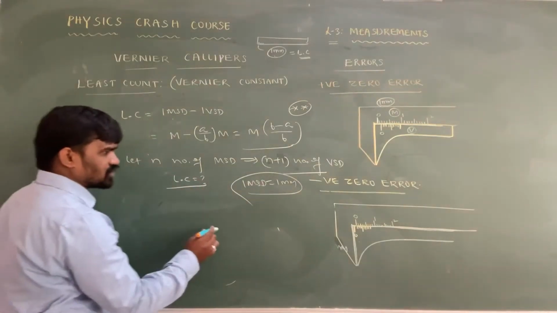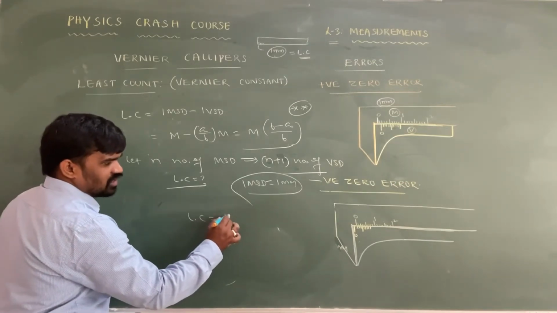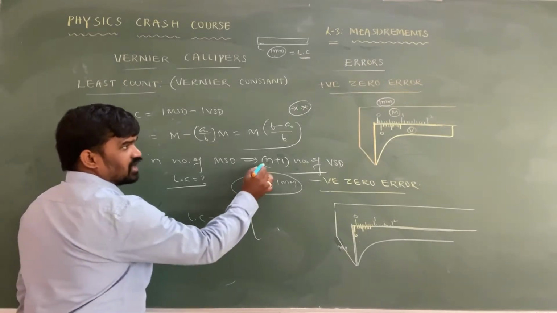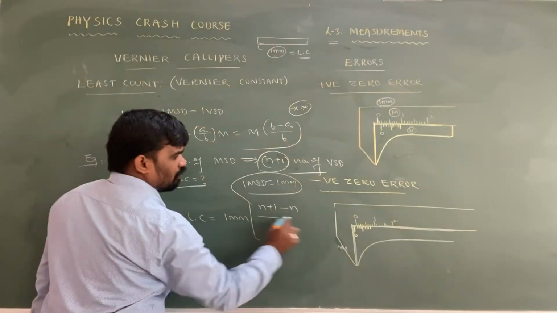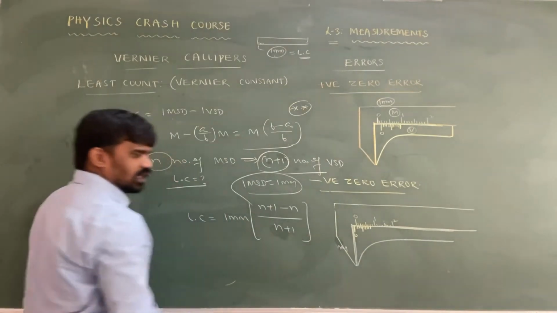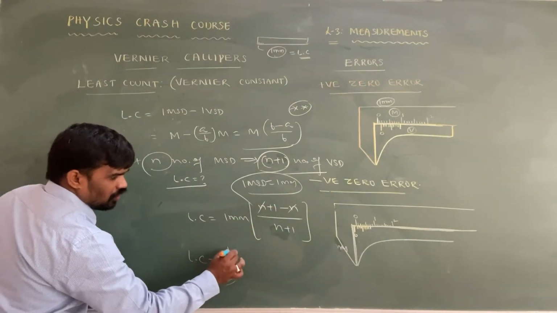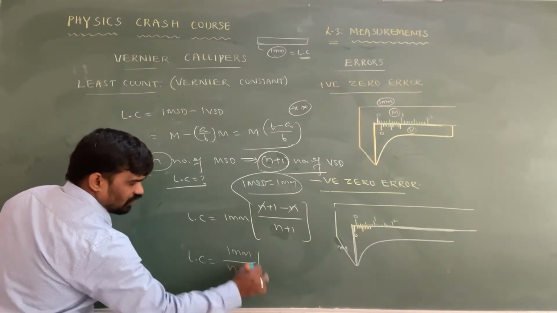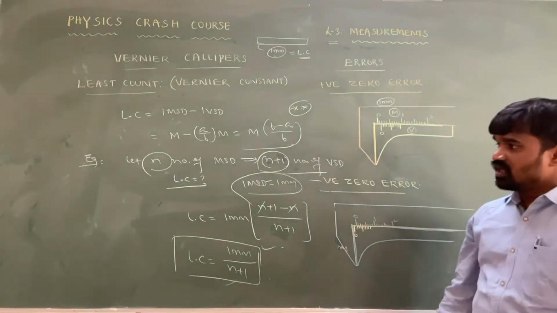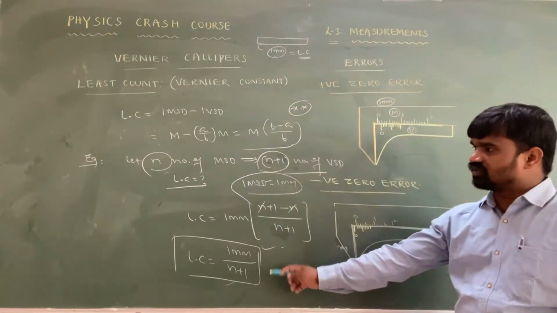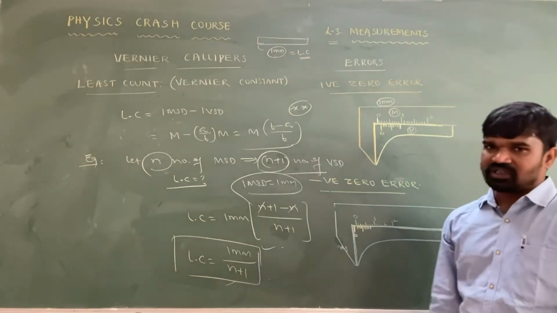In this type of question, dear intelligence, we can write the least count equals the 1 MSD value, 1 millimeter, times the number of vernier scale divisions, n plus 1, minus the number of main scale divisions, n, divided by the number of vernier scale divisions, n plus 1. So n minus n get cancelled. So the least count is equal to 1 mm upon n plus 1. This is the formula for least count: if n main scale divisions coincide with n plus 1 vernier scale divisions, then the least count is equal to 1 by n plus 1 millimeter.